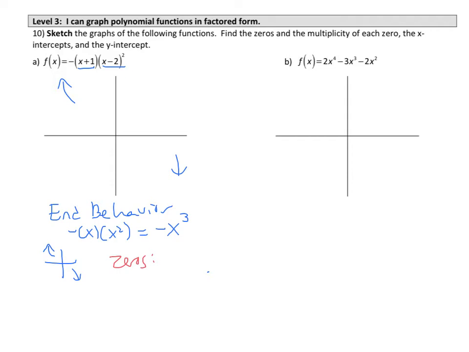So the numbers that make each part 0, I have negative 1, and that's to the first power, so multiplicity 1, and it's going to cross. And I have a 0 at positive 2, which is multiplicity 2, and it's going to bounce because it's even. So I make x-intercepts at negative 1 and positive 2,